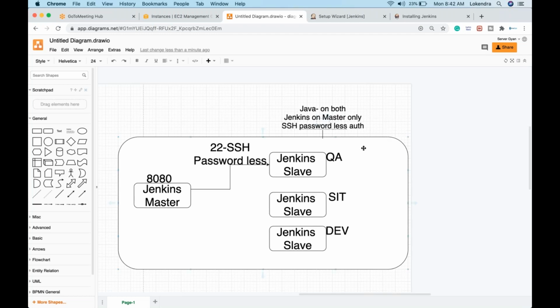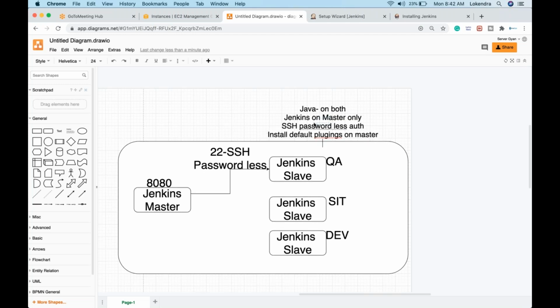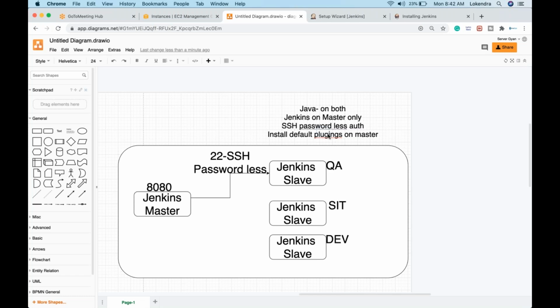And after that, the next step is to install default plugins. Install default plugins on master, right guys? So these are the things which we have done so far, and we are going to proceed further.